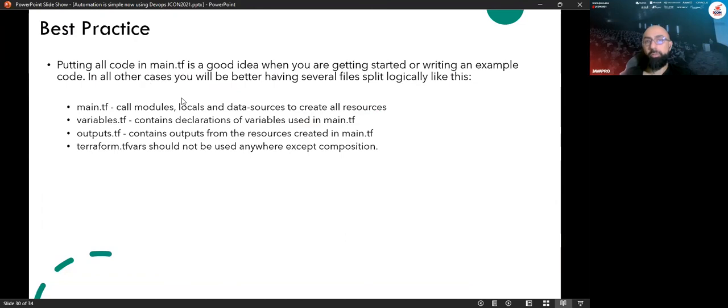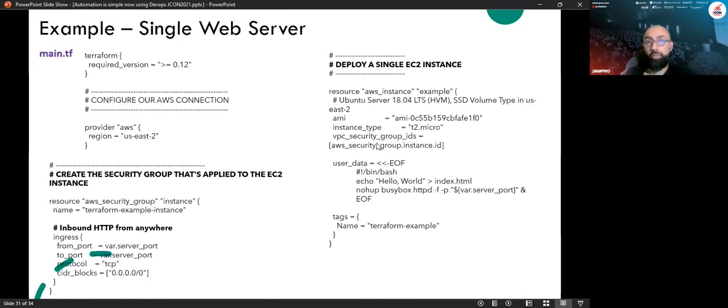This is the best practice for the Terraform file structure, as you see: the main file, which calls all the modules, the locals, the data source for the module, the variables that hold all the values that change in Terraform, and the output in case you have any output in your code, and the Terraform state. It's not very recommended to keep the state in the code, but in case you do, this is the structure. And there is provider.tf as well, which specifies which version of Terraform you are using and which cloud provider version you are using.